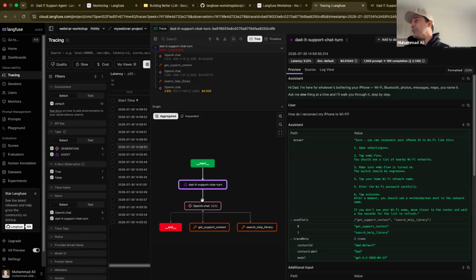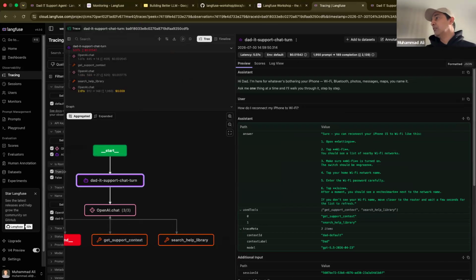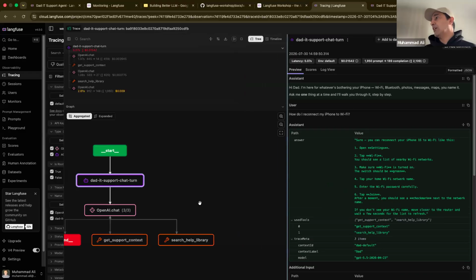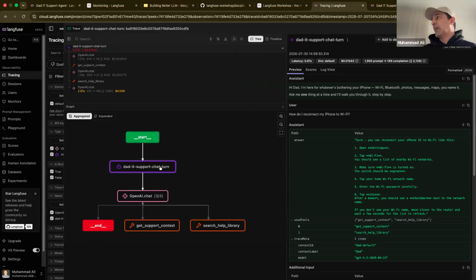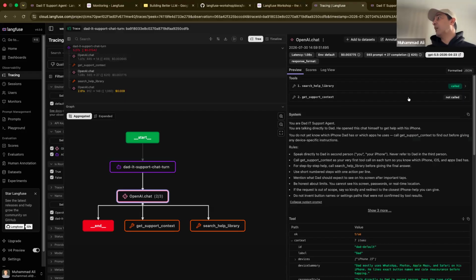Now our agent is looking much richer. So you can see I have that IT support agent call, which calls OpenAI. OpenAI says, I actually need to get the context. So it will call the context. There you go. You can actually see the context being called, which is the call here. And then the second time, it says, I need the search help library to be called.